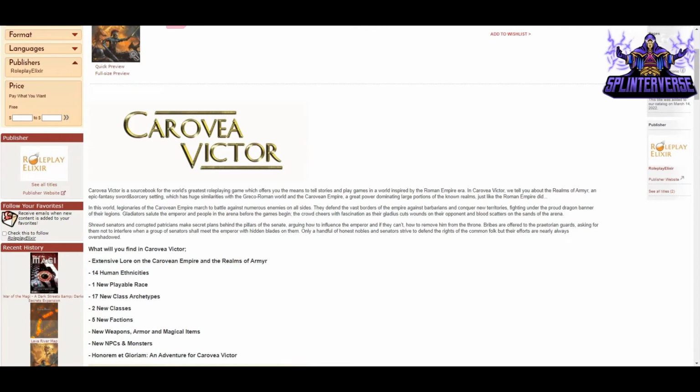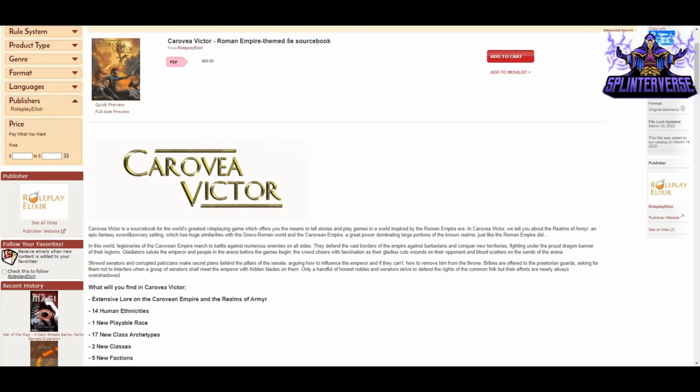And it says, in this world, legionnaires of the Carovean Empire march to battle against numerous enemies on all sides. They defend the vast borders of the empire against barbarians and conquer new territories, fighting under the proud dragon banner of their legions. Gladiators salute the emperor and people in the arena before the games begin. The crowd cheers with fascination as their gladius cuts wounds on their opponent and blood scatters on the sands of the arena. So you've got some traditional